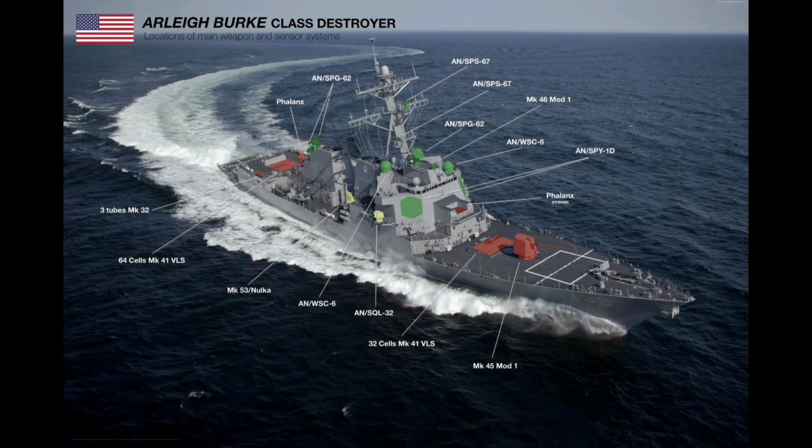She is home-ported in Rota. Her displacement, light, is approximately 6,800 long tons. However, fully loaded, it's approximately 8,900 long tons. She is 505 feet, 154 meters long,